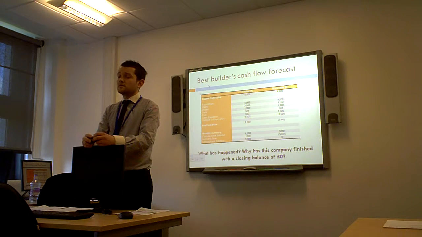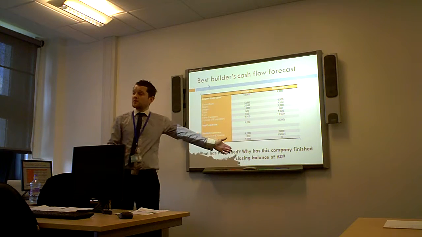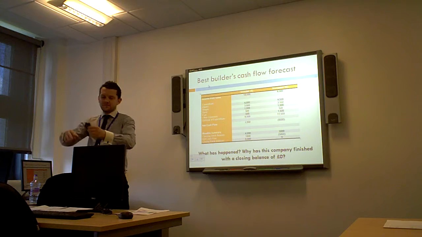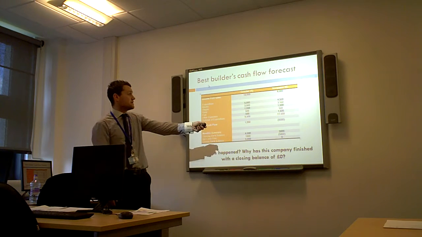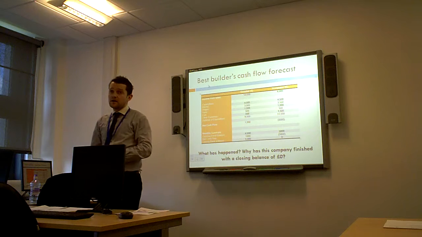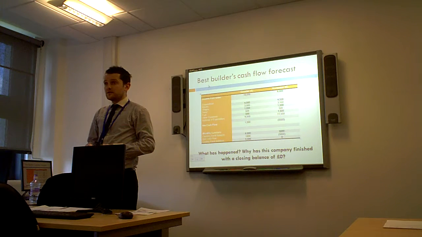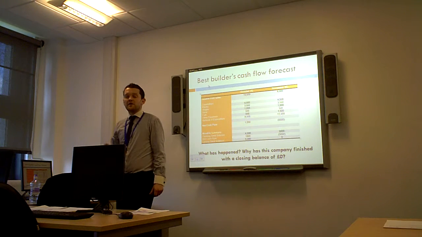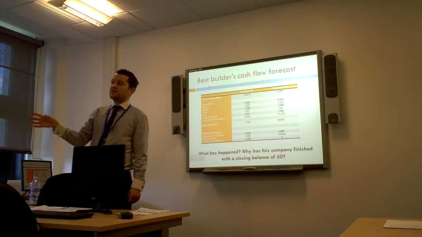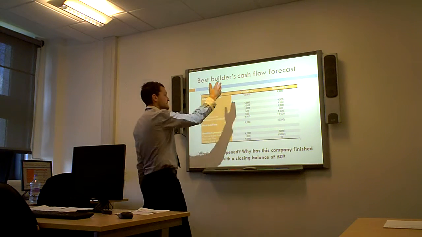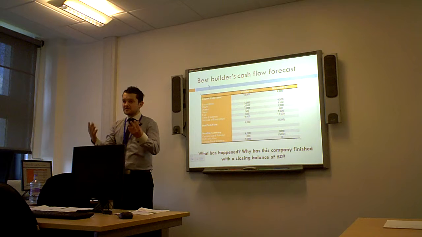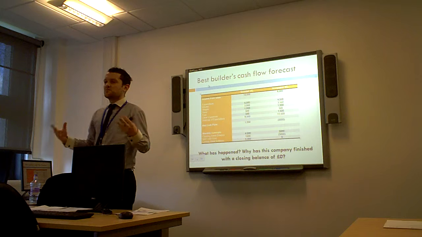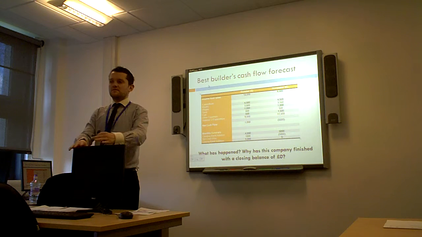That's not good. Why is it not good though? We spent a lot more. There are two reasons, aren't there? So the question at the bottom: expenditure was a lot higher, and income was a lot lower. The reason I put that in there is because it's pretty much always going to be the reason why. It might not be both, but in this scenario I've put both in, because either income might be less, so you make less, or your expenditure might be higher, so it costs more. And in this scenario, it's both.